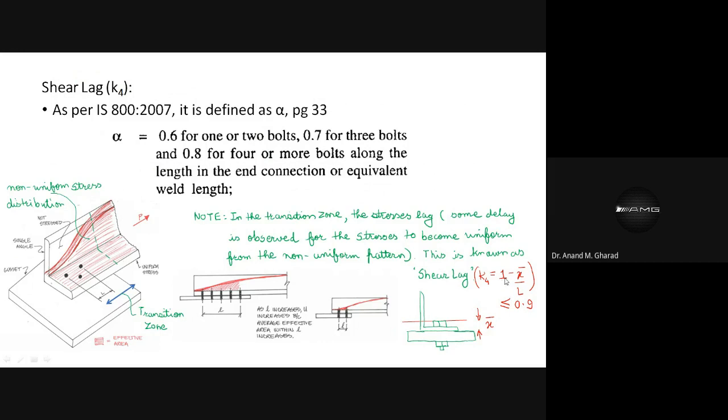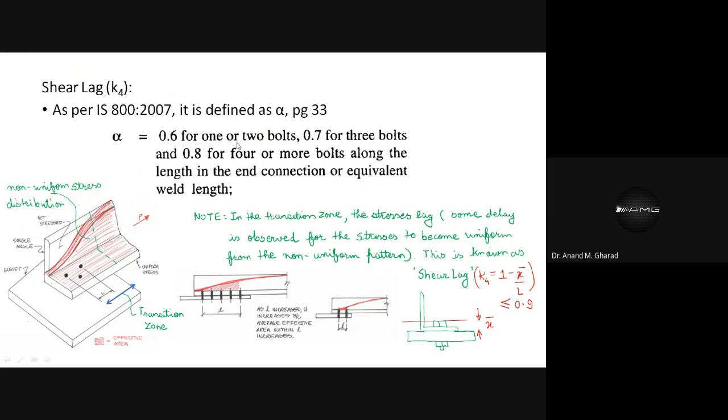So obviously, based on this equation, this connection length L is always greater than this x bar value, and therefore you will see this value is always less than 1. K4 should be less than or equal to 0.9. This is what is specified in your IS code. Okay? For angle section,